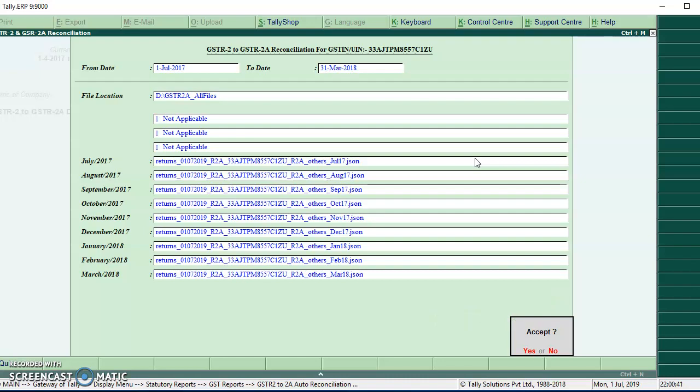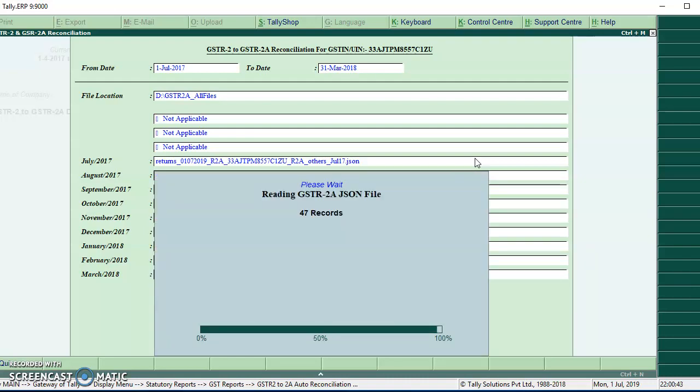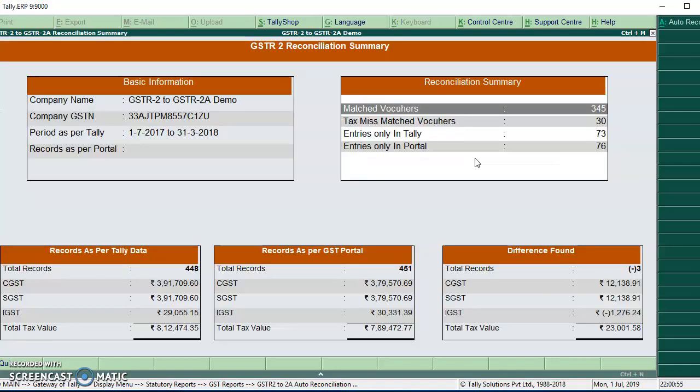On accepting, this will load JSON files into Tally and give you the dashboard. This is not importing any files or any data into Tally. It is just opening the data which is available in JSON format. You can find GSTR2 data as per Tally and as per GST portal. Summary report